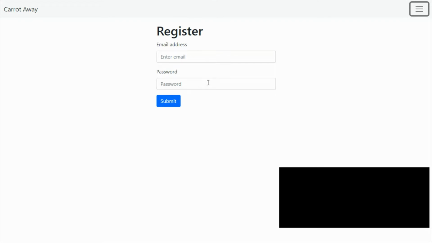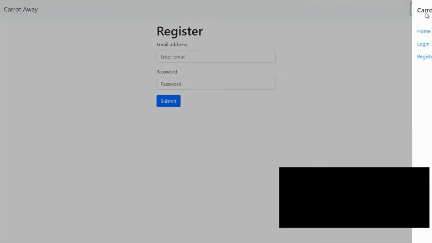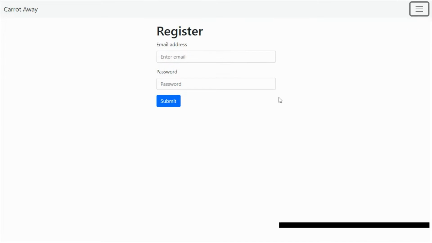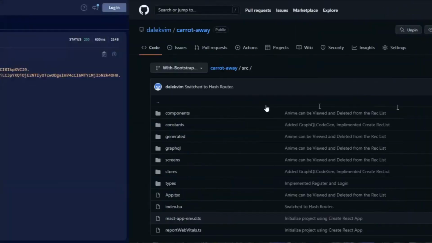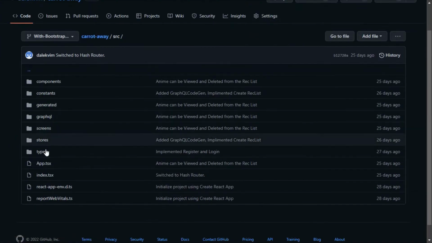I'm using Bootstrap, for example, for the styles and for some different components, like the button and this toggle navigation. So let's have a look at the source code for the register and login screen. If we go to character way, we can go to screens